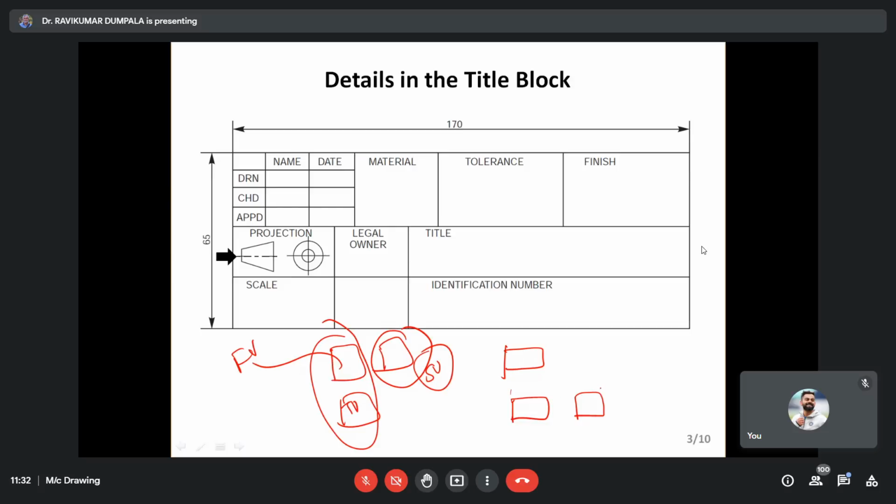Same thing is here. So this is the side view. The moment this is side view, this will become front view, and this is front view, and this is the top view. Okay. So top view is above the XY line, that is the third angle projection. So I'm not going through what is third angle projection.